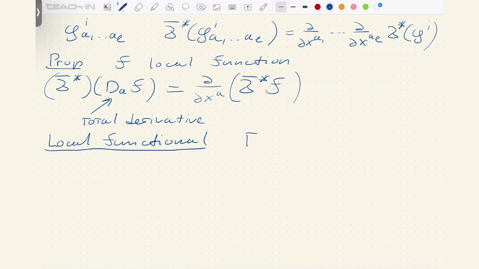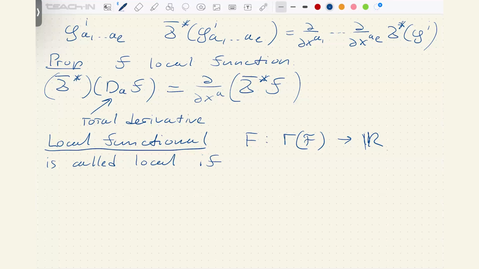So f, let's say, takes sections of F to numbers, let's say real, for definiteness. I ignore that our base space can be non-compact and the integral might diverge. So let's say we restrict either to compact spaces or to sections such that this doesn't happen. So f is called local